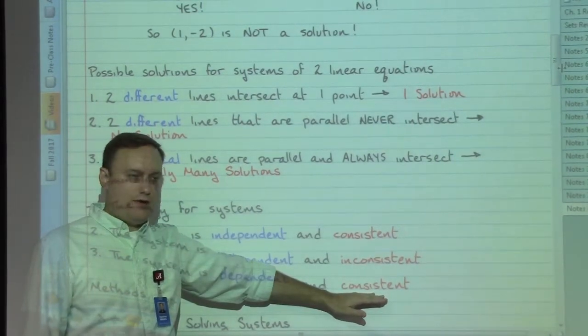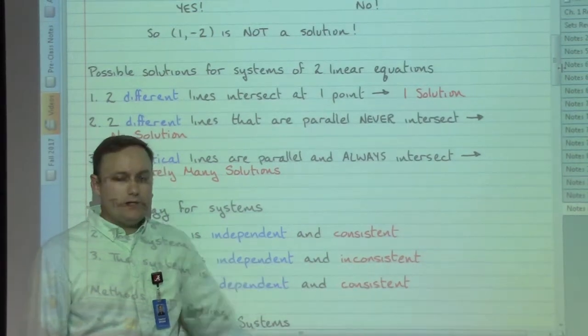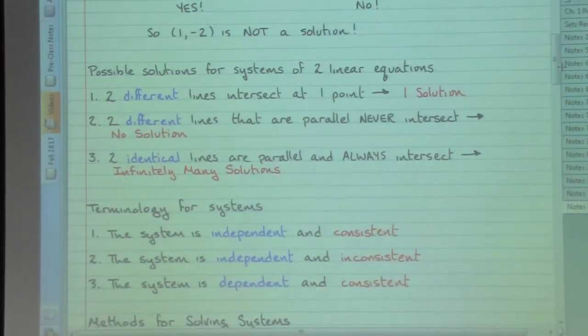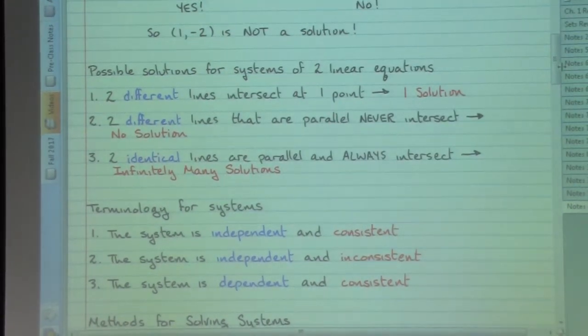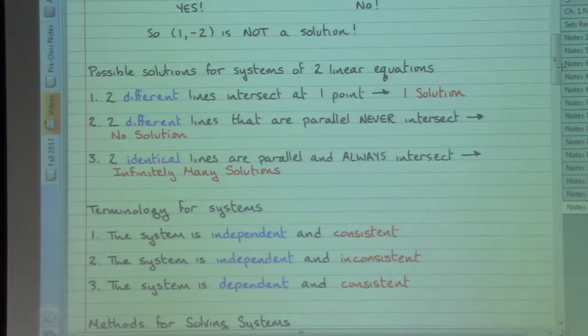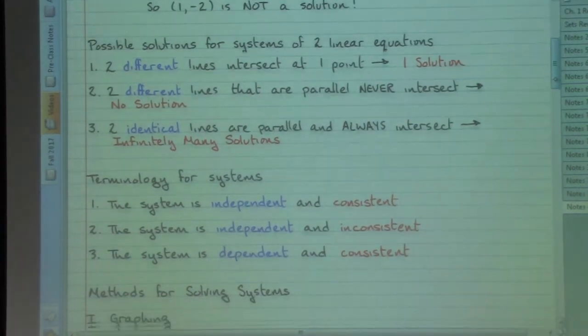Consistent there in that third case. Not having a solution we refer to as inconsistent. So we've got those two sorts of vocabulary words that we might have used when we talk about systems now and in the future. But what we really want to focus on, again, would be being able to solve things